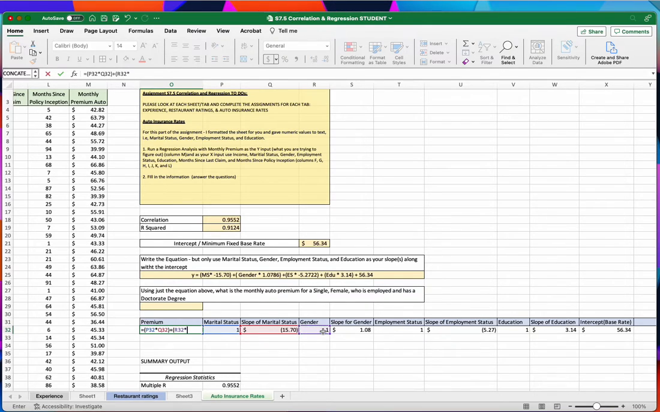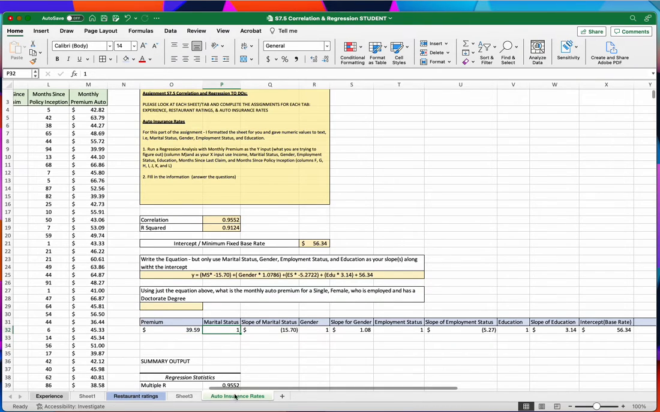the gender times the slope of the gender. And then add that to my employment status times the slope of the employment status. And then add that to my education times the slope of the education. And then we add that to our intercept or base rate. And now click enter. And we see that using the equation above, a single, oops, and I did marital status